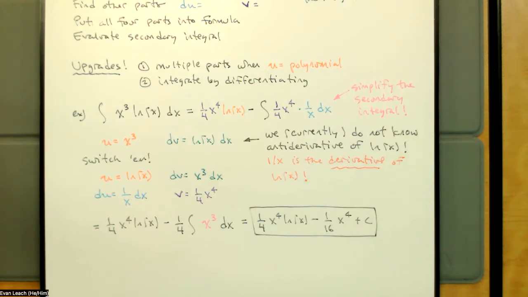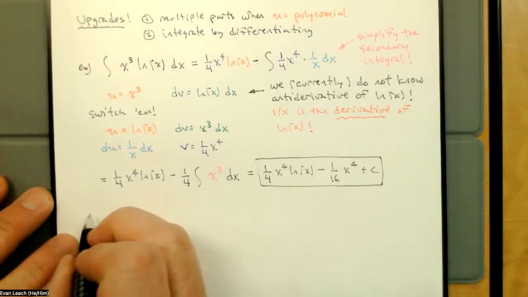Now, when we look at this answer, we can see all those fours running around. We started off with an x to the third, and now we see all these fours, 1/4 x to the fourth, 1/4 squared x to the fourth. So we can go back to our original and replace our x to the third with x to something else. So if I instead replace x to the third with just an x to the n,